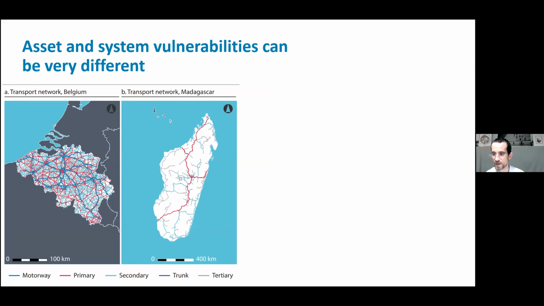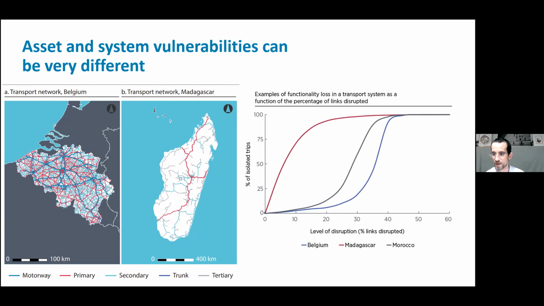But of course, if your road is interrupted by a flood or an earthquake, in Belgium most likely what happens is that you just have to drive around. If it happens in Madagascar, most likely what happens is that an entire region of the country is being isolated. Really a big problem. One thing we did, and that's what's shown on the right, we randomly cut roads